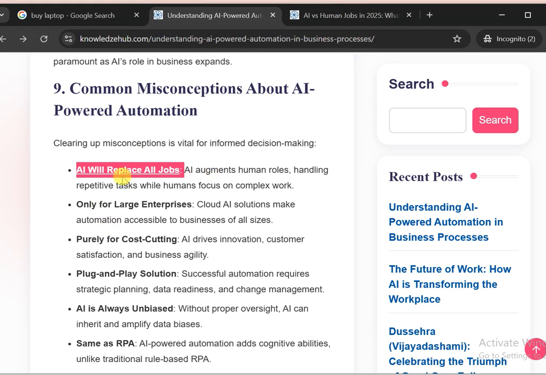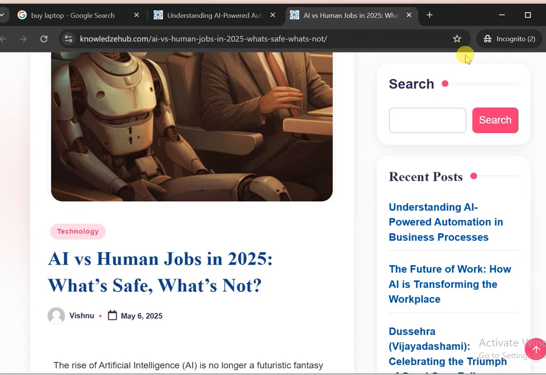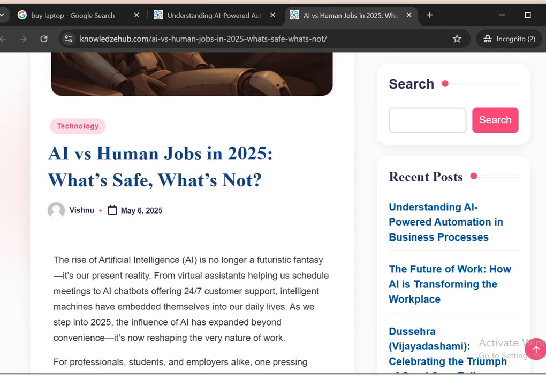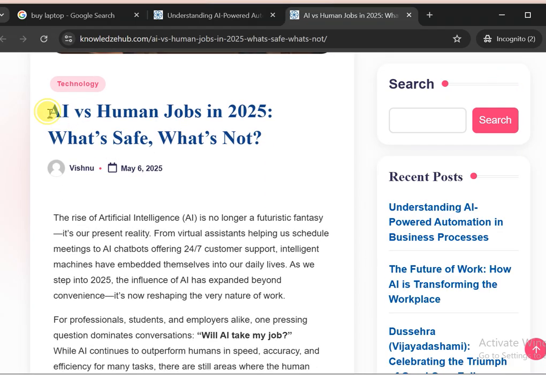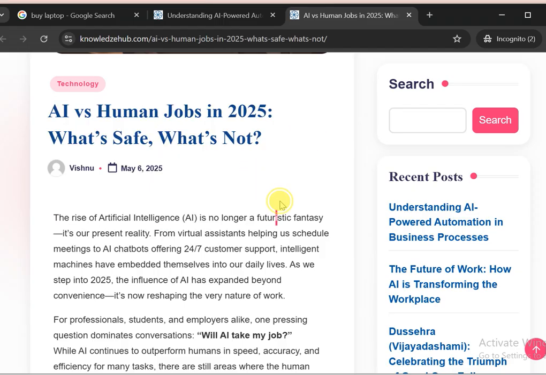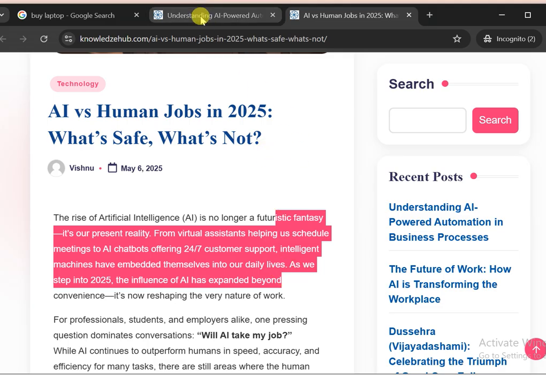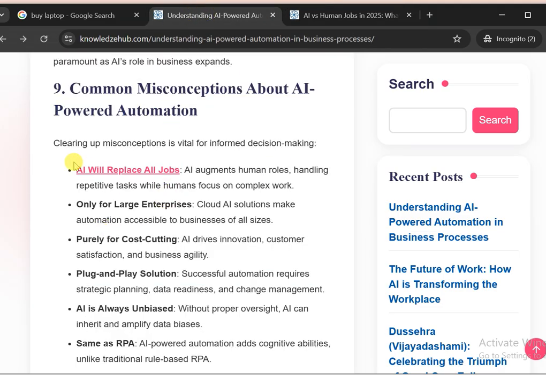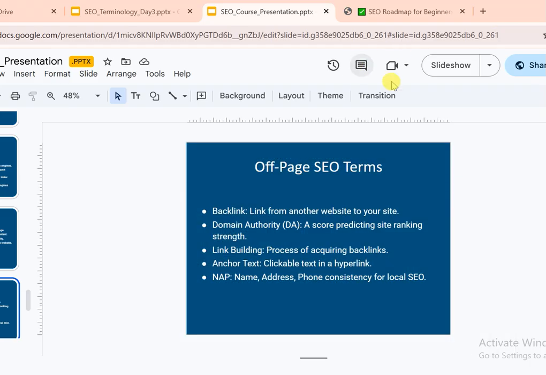So we have given a link from this anchor text to this web page. It makes sense, because this page is also talking about AI versus human jobs, what's safe and what's not. So it is relevant. Choosing the anchor text is very important. We will see this in detail in our later sessions.